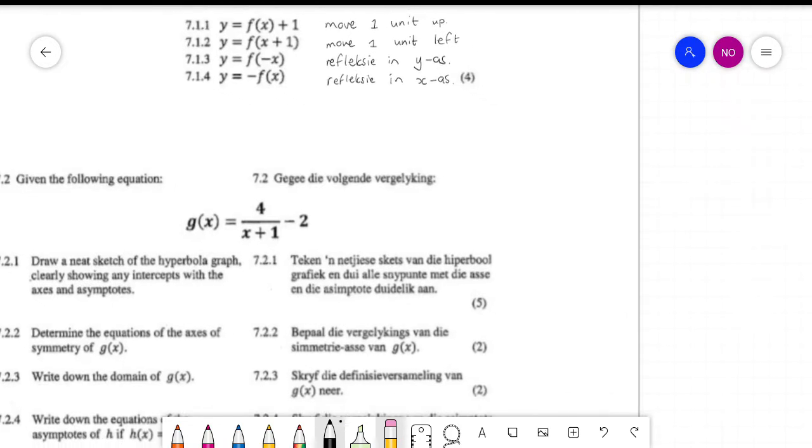Okay, and then they ask you to draw a sketch of the hyperbola graph clearly showing any intercepts, axes, and